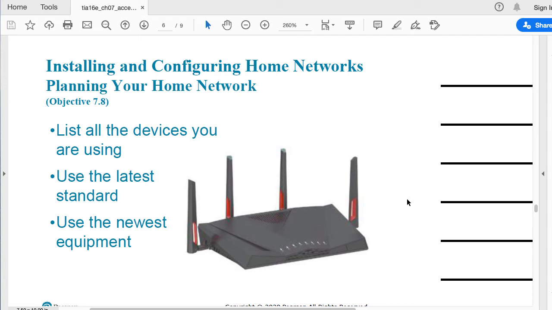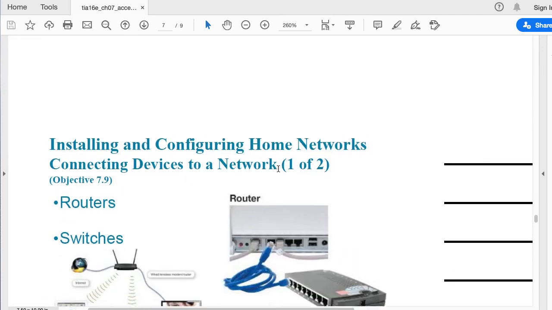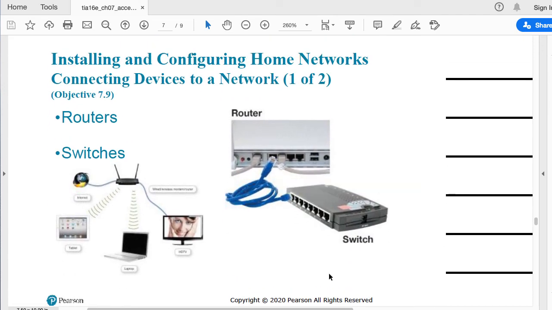So check if there is an update, a firmware update, which means whether you can update the system that is running in that concentrator, as you can see here, that hotspot, that access point, or if it's already the latest. If it is, that's great. You also have to have a list of all the devices that you're going to connect to your network, because that number of devices and the type of traffic that they will generate will impact your performance.